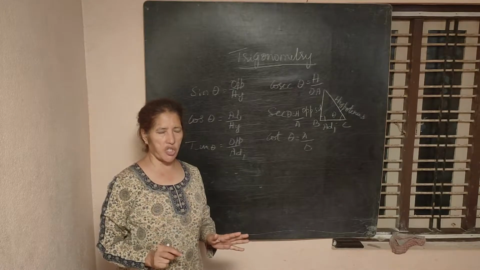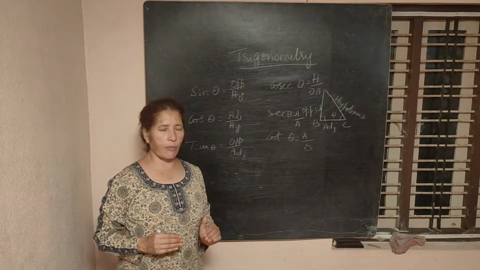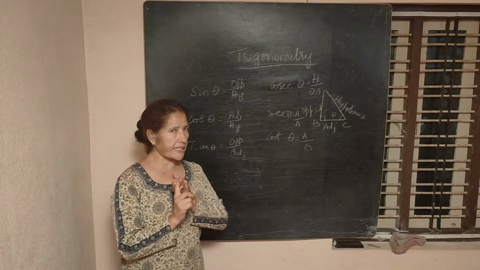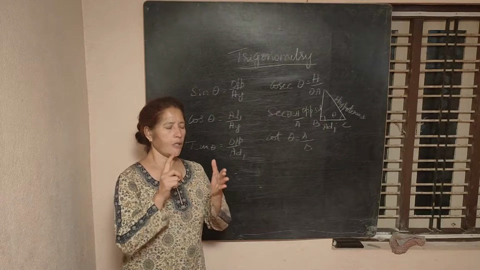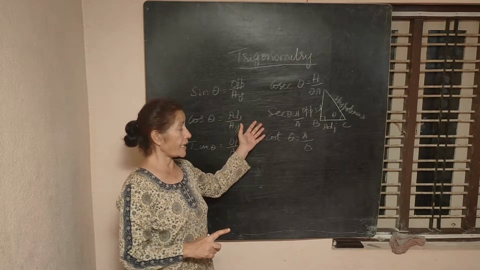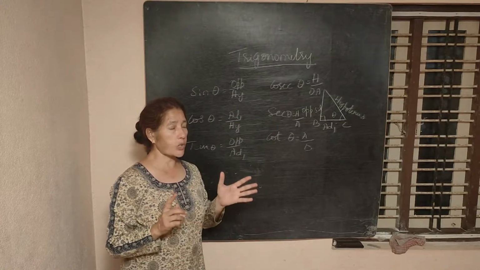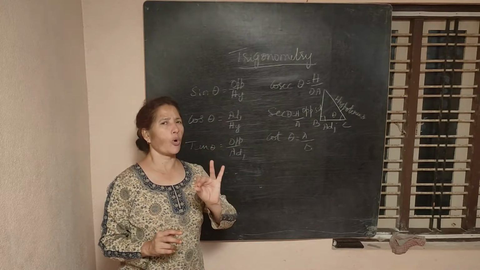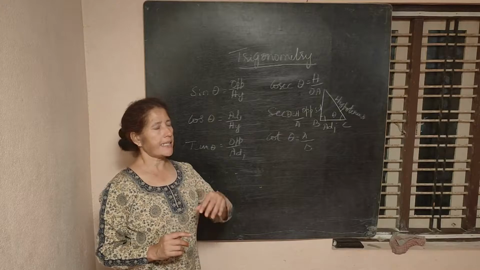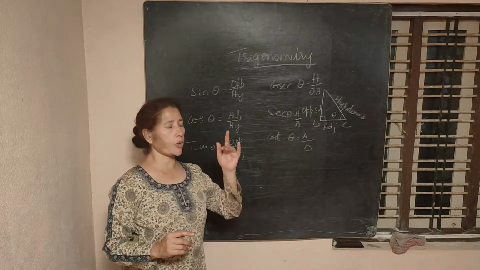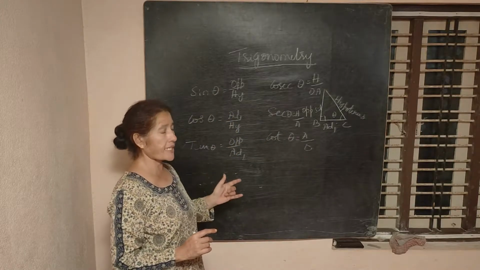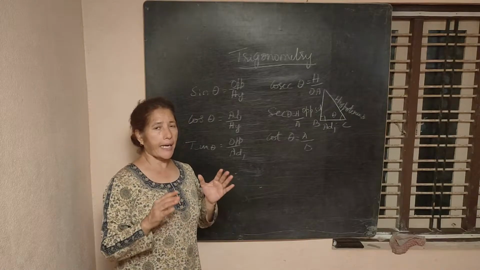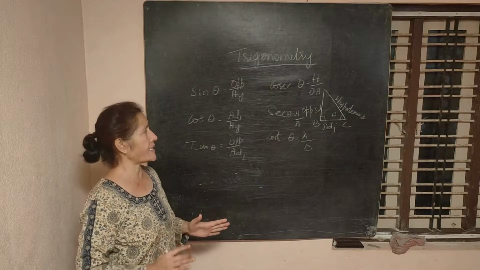Let me repeat how to write down the 6 trigonometric ratios in order: sin theta, cos theta, tan theta, cosecant theta, secant theta and cot theta. What is the slogan you have to remember? OH, AH, OA. If you remember that, the next ones are just the reciprocals of all these 3. What is that? HO, HA, AO. And now we all can see.